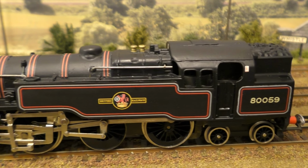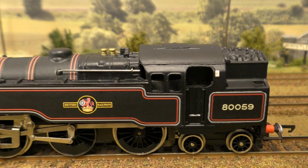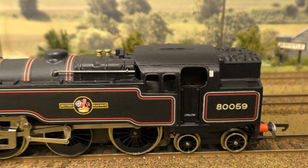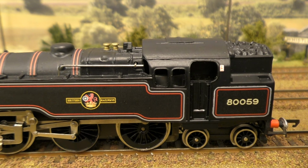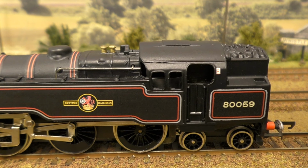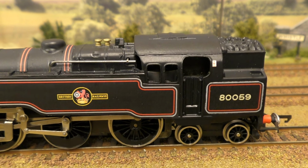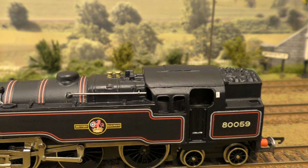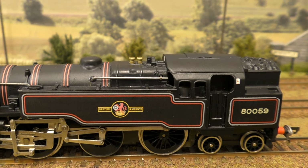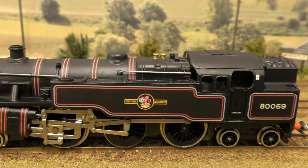This particular lining and things was applied by sticky back transfers, which have been produced by someone else recently. This person's done quite a few of them, not to the same extent as the one I pointed out at the start,